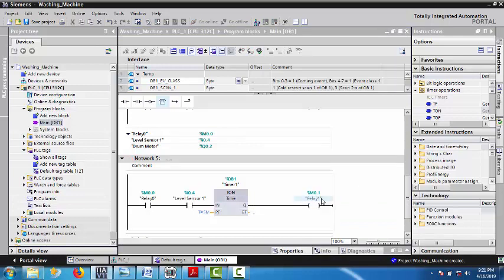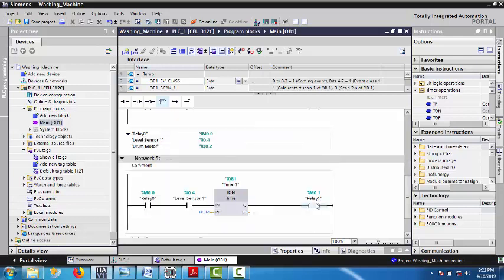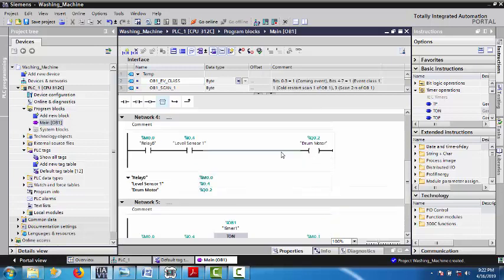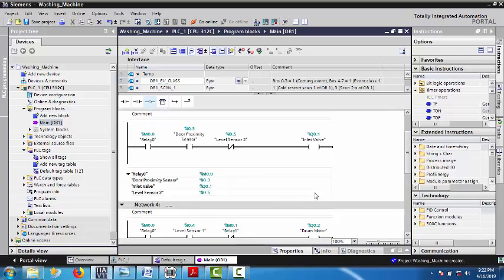As soon as relay 1 turns on, what do I have to do? I have to turn off the drum motor. The drum motor is rotating, but it should run only for 5 minutes or 300 seconds. Therefore, as soon as 300 seconds are up, relay 1 will turn on, and that should turn off the drum motor. So put an NC over here and write relay 1. Okay, so you are done. You have controlled the drum motor, and you have controlled the inlet valve also.